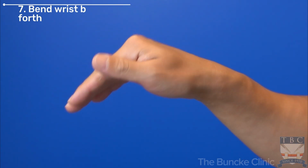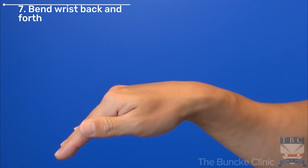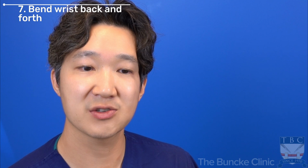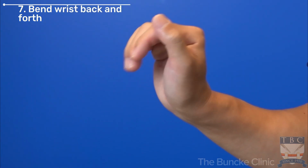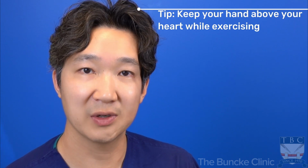The seventh exercise includes your wrist. Move your wrist back and forth while relaxing your fingers and curling your fingers. Your fingers should naturally curl on their own as you move your wrist back and forth. It may be helpful to do these exercises with your hand above your heart to help prevent your hand from